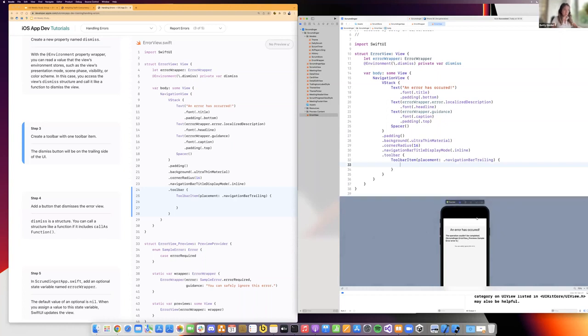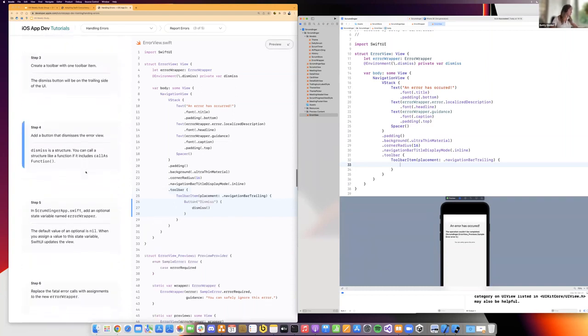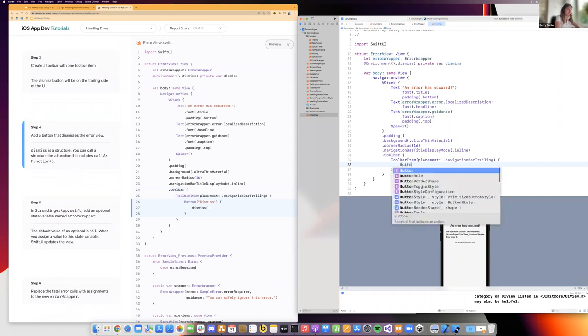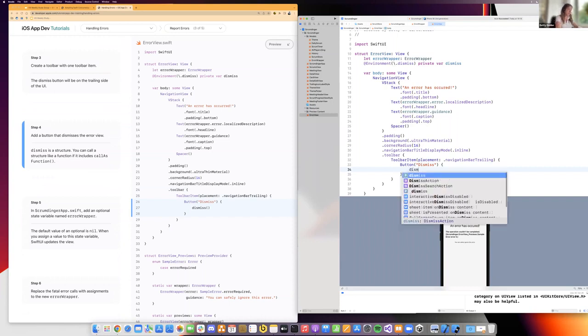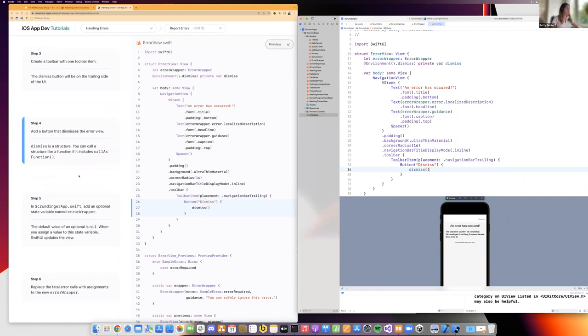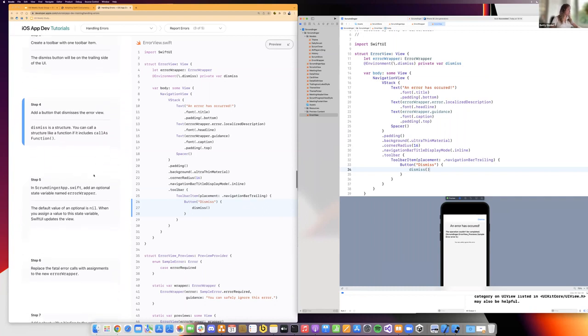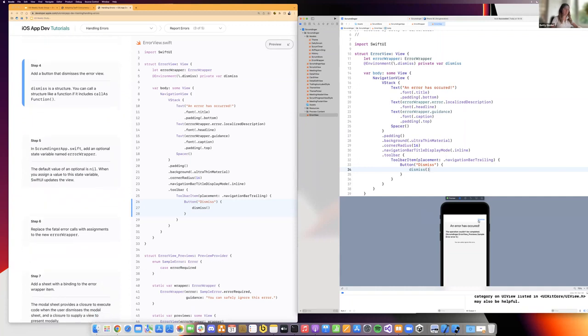Yeah, but there's nothing. Okay, we have to put a button at the bottom, a button with the title of dismiss, and you can see the button, and with the action dismiss. Dismiss is a structure. You can call a structure like a function if it includes call as function. So now we have the dismiss